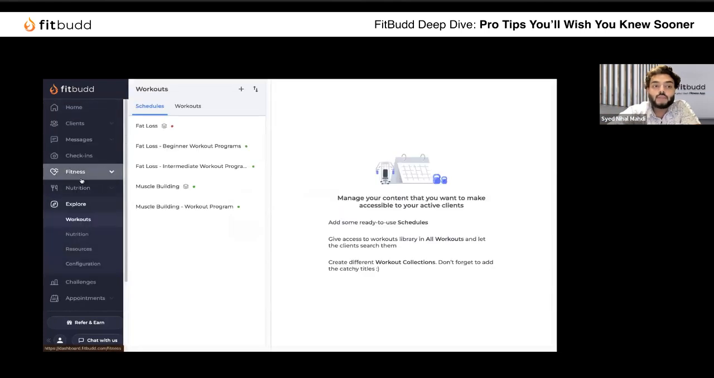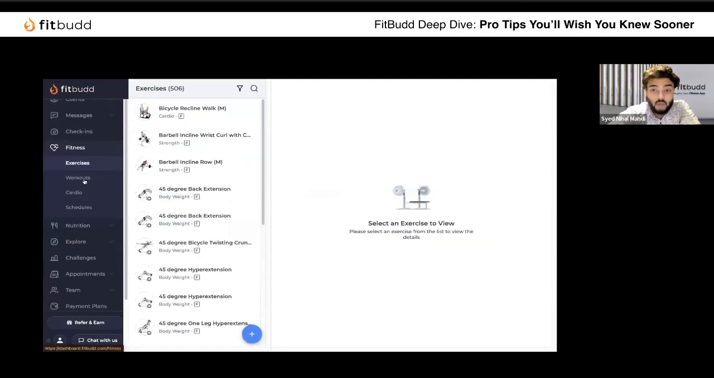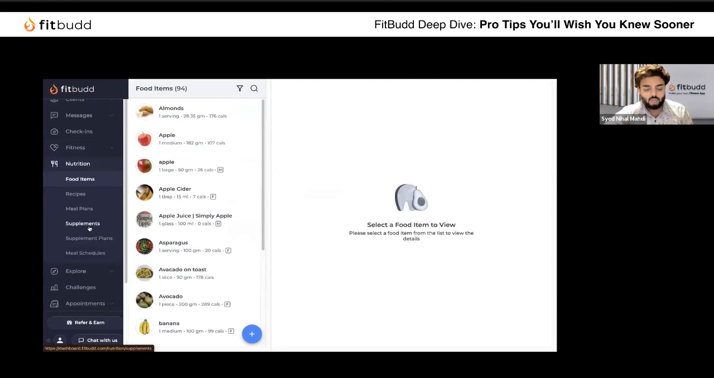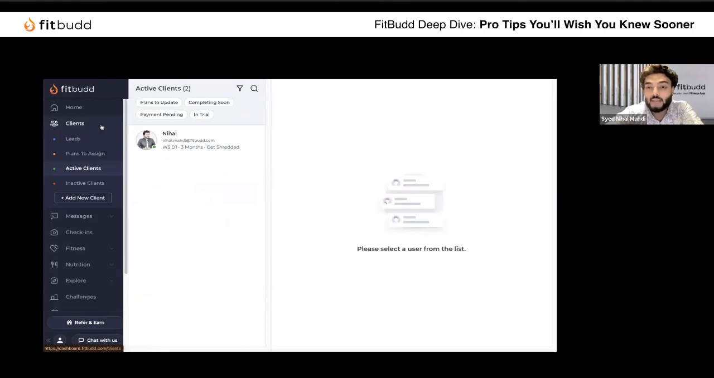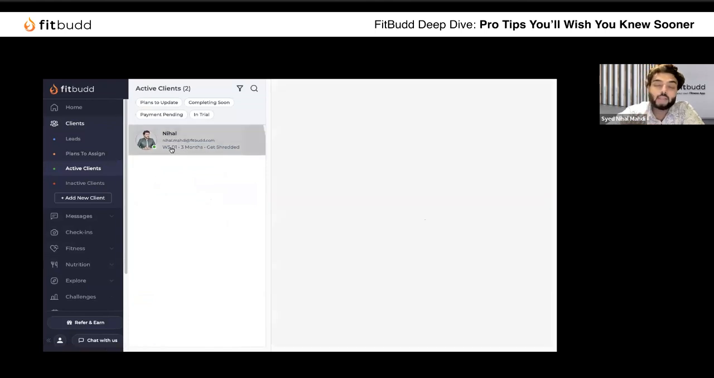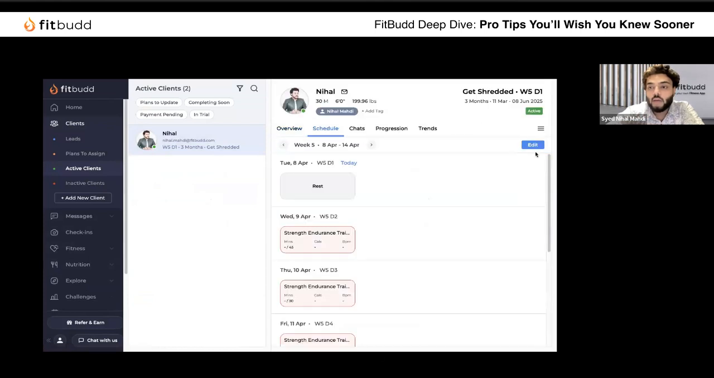Now, once you have designed these two major libraries, which is the fitness library and the nutrition library, you will be assigning these programs to your customers. Now, when it comes to assignment, I'll be talking about automation, as I said. One part of assignment is to go ahead in each client profile and manually assign them the schedule